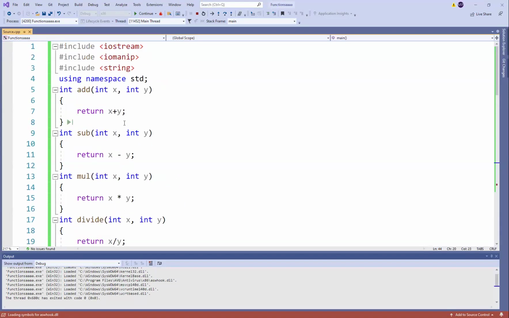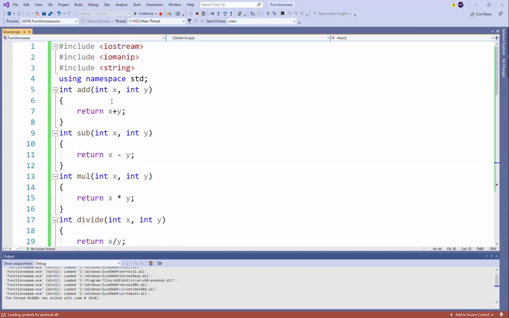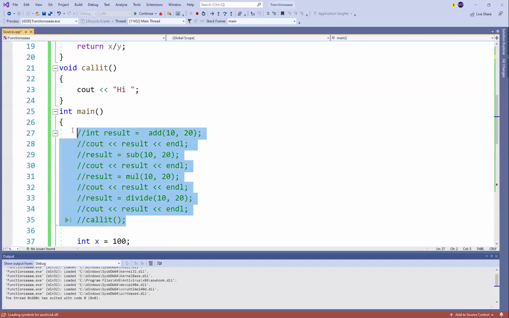So I want to create a function that uses pass by reference. In my program, I will change this x to ampersand x and this y to ampersand y. Now this function is taking two different parameters, and both of them are passed by reference. When I want to call this add, I can just say